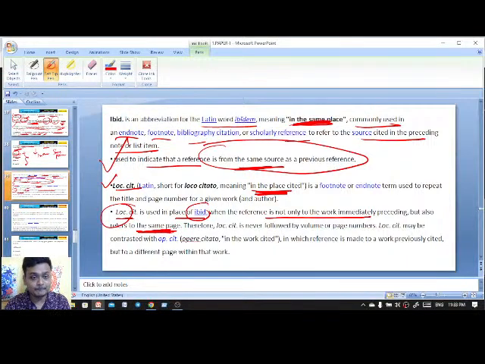That is in the place cited. Okay, it is in the same place but also refers to the same page. That's why in that case we are using loc. cit., whereas Ibid is from the same source as the previous reference. If the reference refers to the same page, then loc. cit. So therefore loc. cit. is never followed by a volume or page numbers.